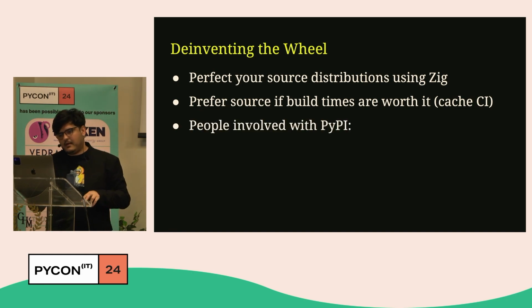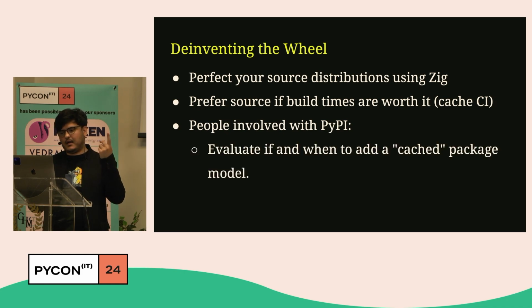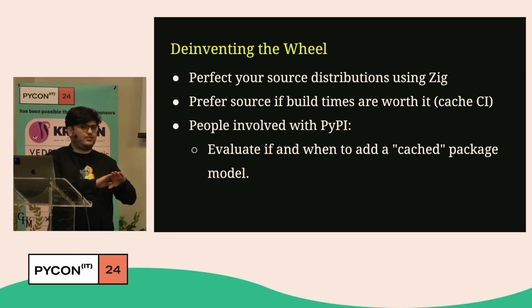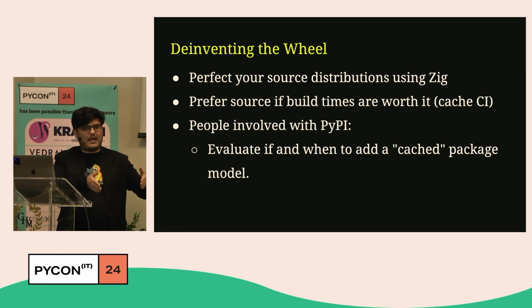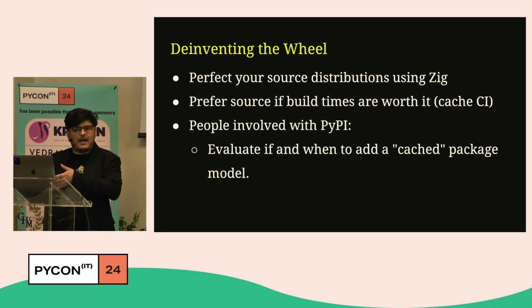For people who are involved with the Python package index, here's an idea. Do evaluate if and when to add a cache package model. The idea is this. Today, if you delete wheels, it's a problem because, even though you might have the source distribution, it's not trivial to get from the source distribution to the built wheel. But if you make it trivial, consistent, like one command that always succeeds at building for whatever target, then your wheels stop being data that you lose if you delete,